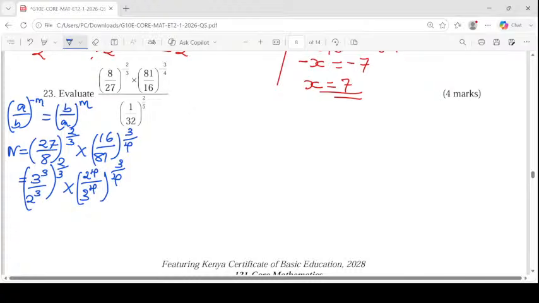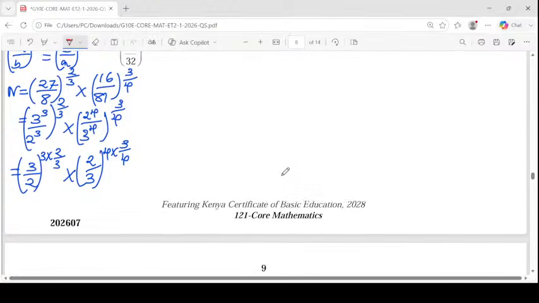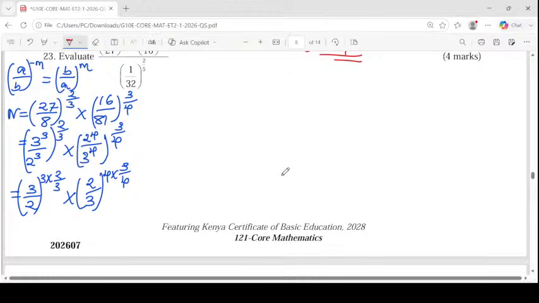Then you can factor out the powers. This will be 3 over 2 cubed, then multiplied by 2 over 3, times 2 over 3. I factor out the common power 4 times the new power 3 over 4. You can simplify even these powers. The way we simplify these powers is simply by saying 3 and 3 will cancel. Once they cancel, I'll be having 3 over 2 to the power of 2